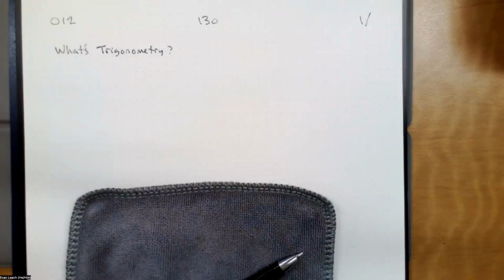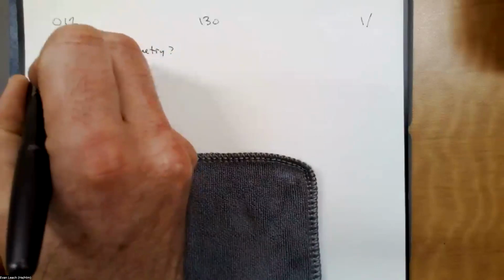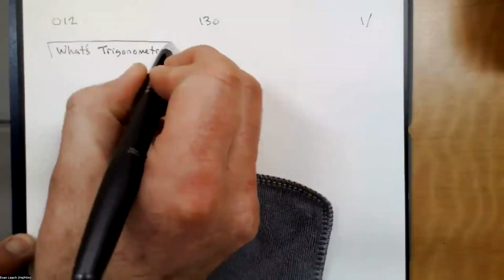We're going to start with an introduction of just what is trigonometry? What is this thing that we are getting ourselves into? So trigonometry is the math that's concerned with relationships between angles and ratios of lengths. So trigonometry is about a relationship between angles